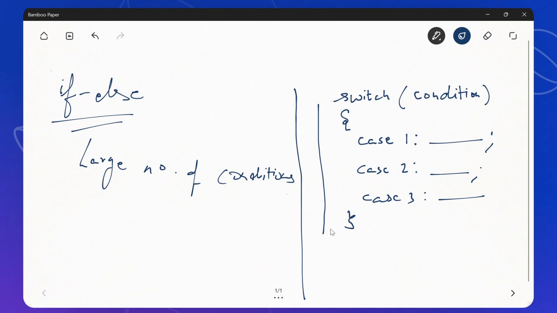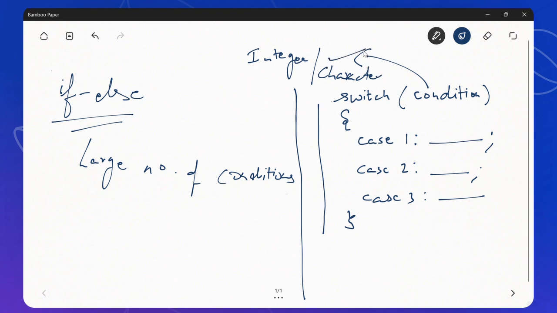Now to go into more depth, there are certain things. What is this condition? Remember that this condition can be an integer variable or a character variable.